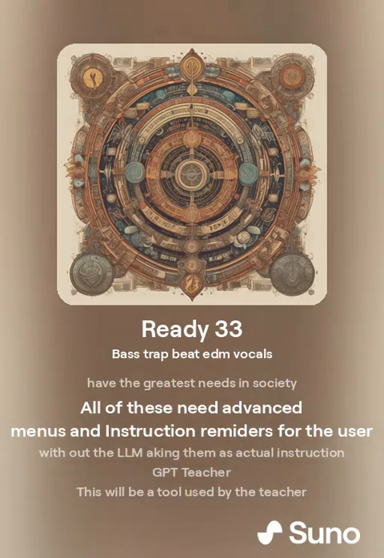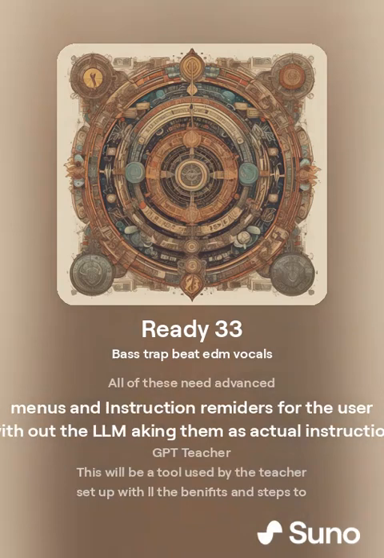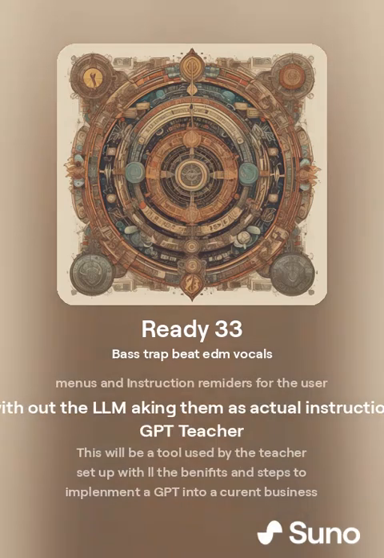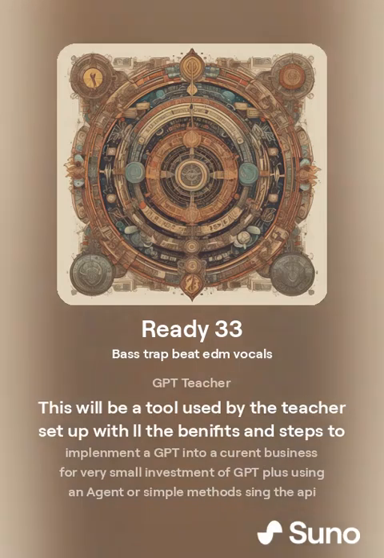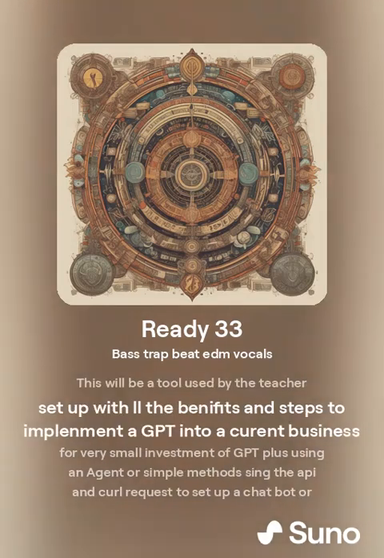In society. All of these need advanced menus and instruction reminders for the user, without the LLM acting on them as actual instruction. GPT teacher. This will be a tool used by the teacher in setup of benefits and steps to